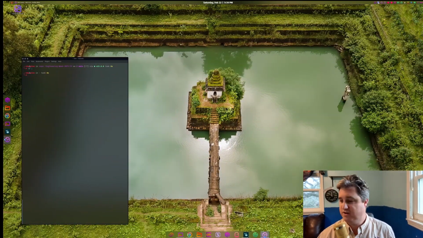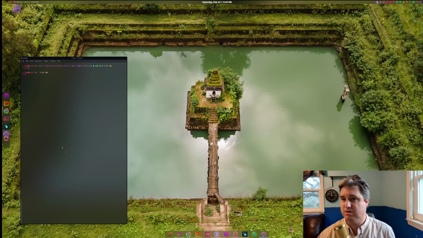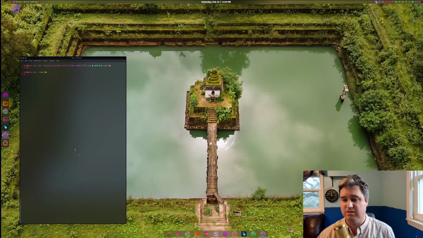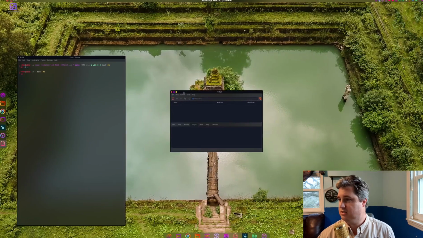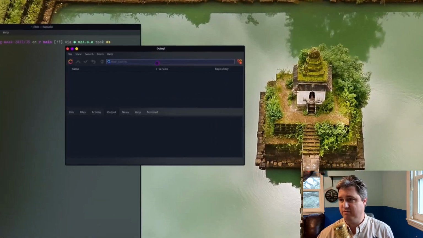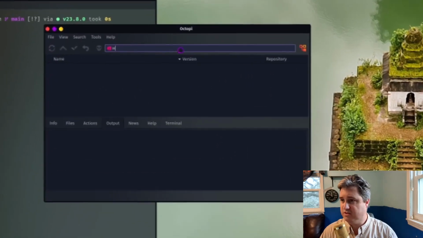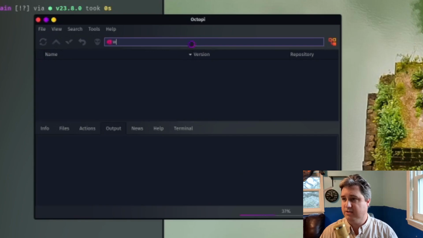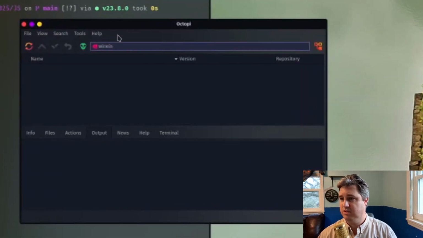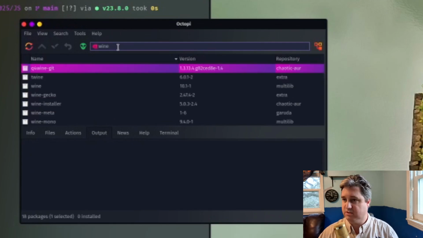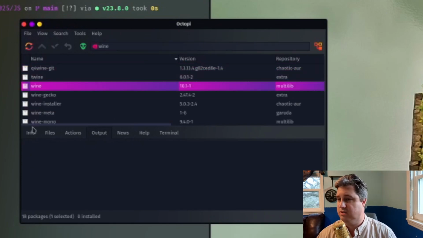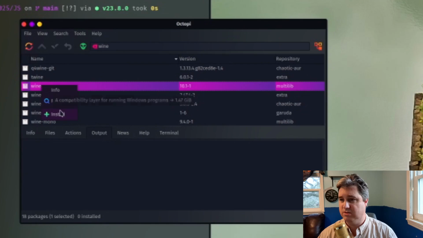So let me get this started. First step first, I'm gonna install. I'm gonna use this Octopi application and see if I can find wine from it. If we just do a search for wine, wine is the Windows application layer, and of course it's gonna go slow here for some odd reason. Guess I'm trying to do too many things all at once on the same machine. All right, so wine version 10 looks good. So let's say install,